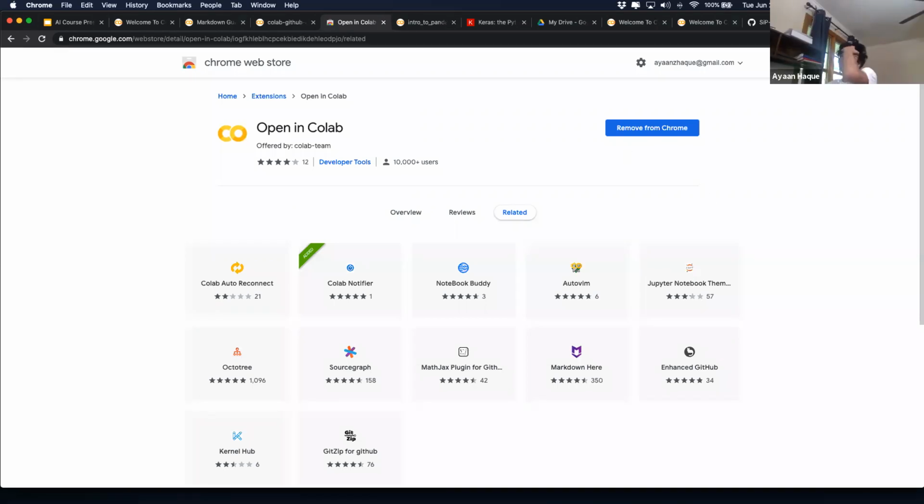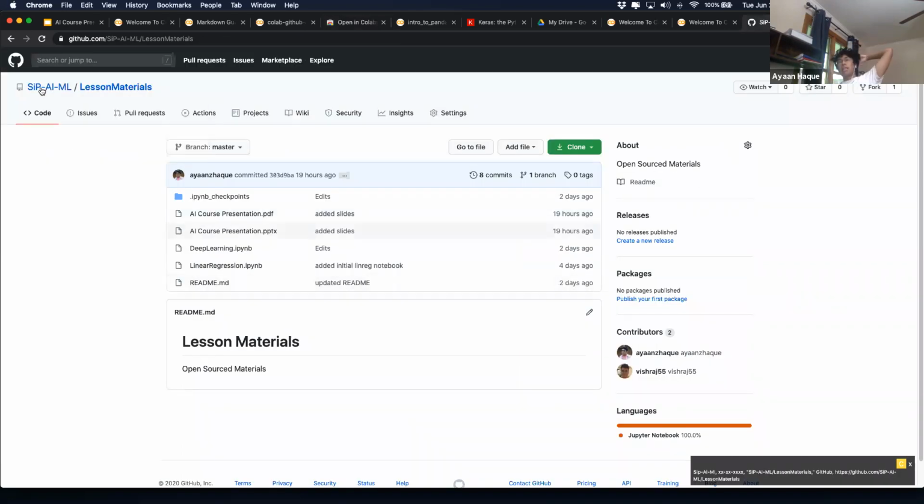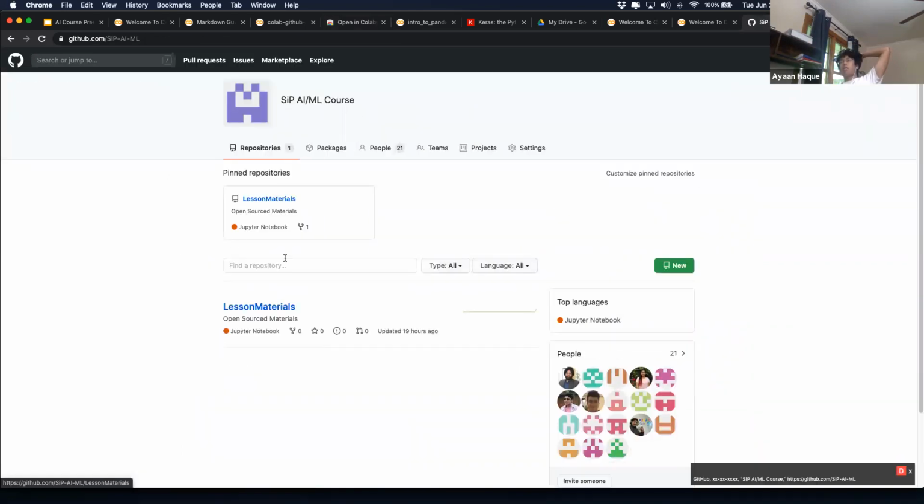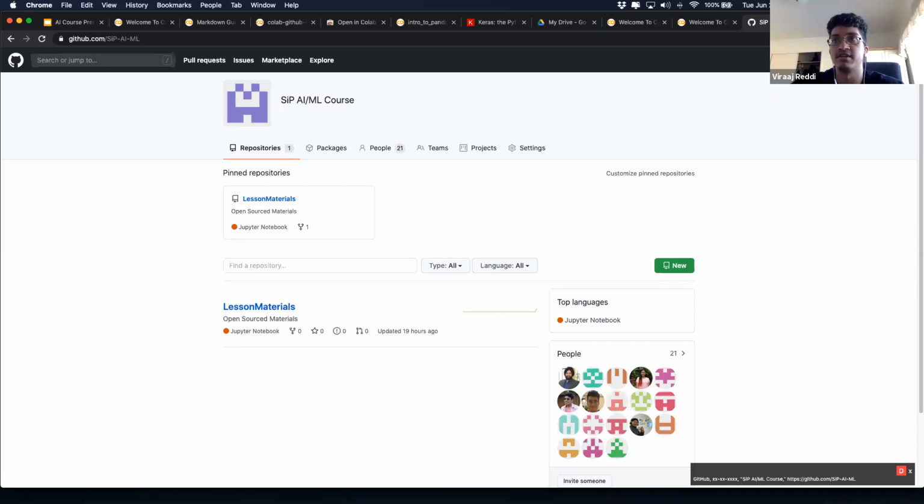But here's the reason. This organization will have all of our code in it. So once we start coding, all of you guys will make your own repository and you'll put in your code. What's the Google form? If you scroll up, Viraj sent it a little earlier. Can you guys fill that out so that we can invite you to the GitHub organization? Let me resend the link. Yeah, you guys are going to have to fill that out.